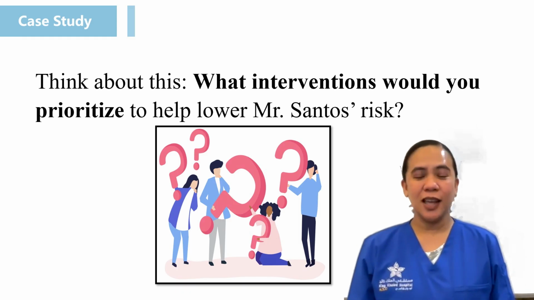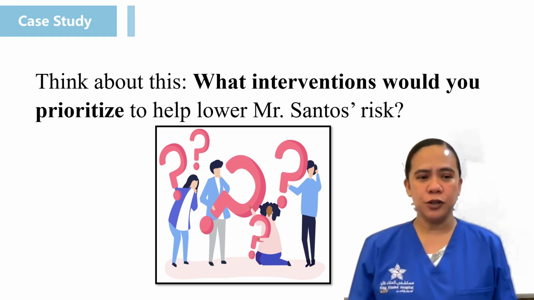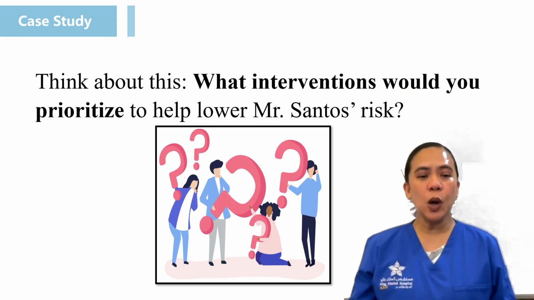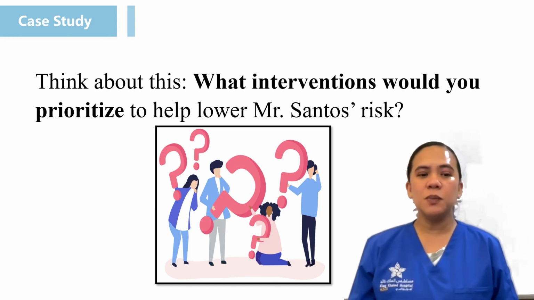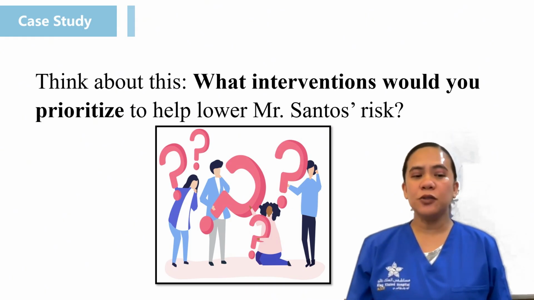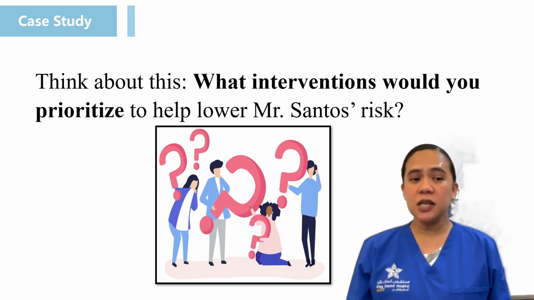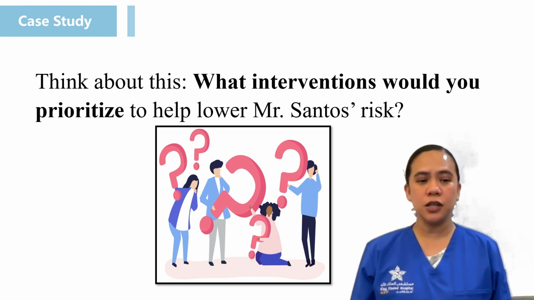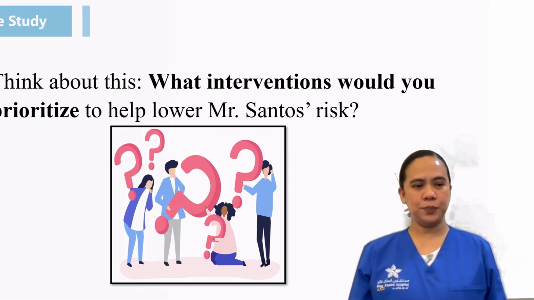Great suggestion. Thank you for sharing. And don't forget about patient education and family involvement. Letting them know about the importance of repositioning and nutrition can make a big difference in long-term prevention. This type of risk-based planning is exactly what the Braden scale helps us do. Identify risk early and tailor interventions to each patient's specific needs.